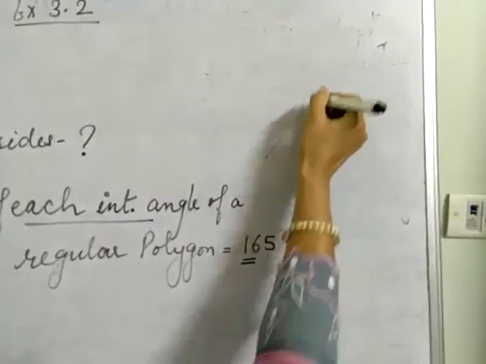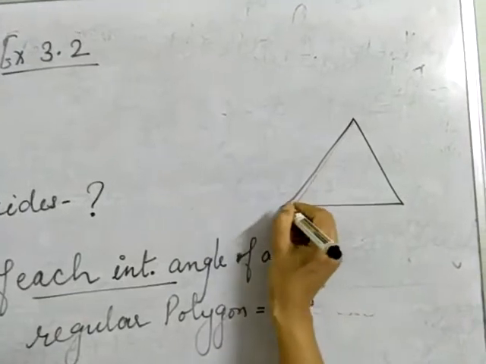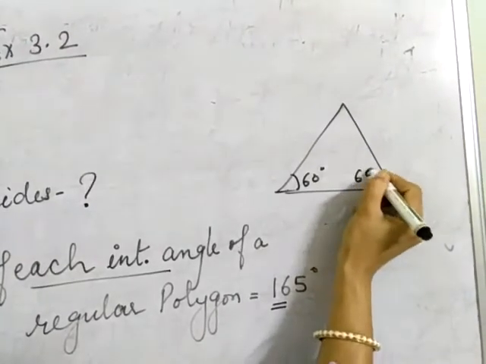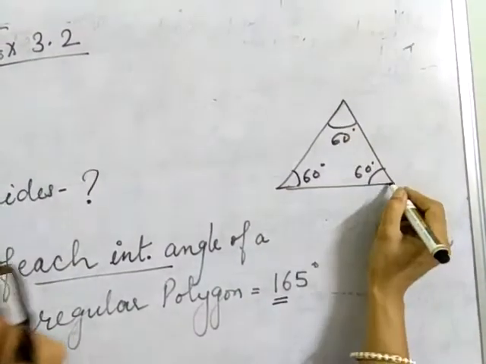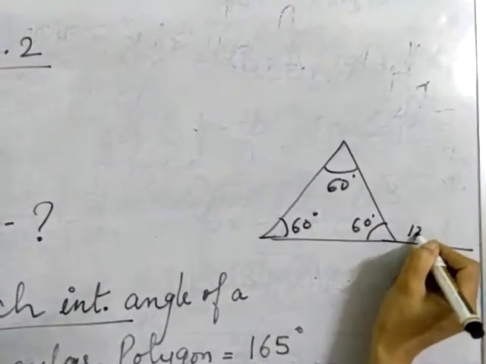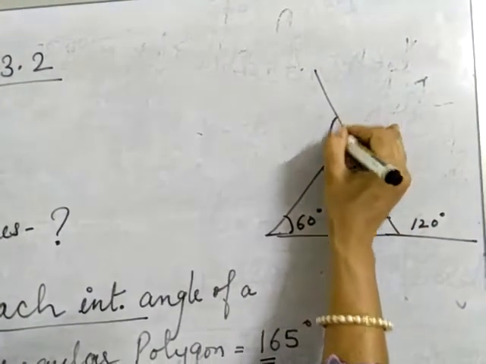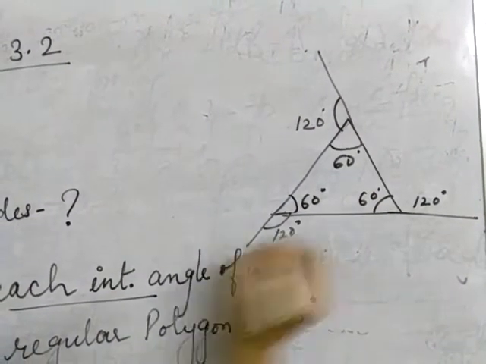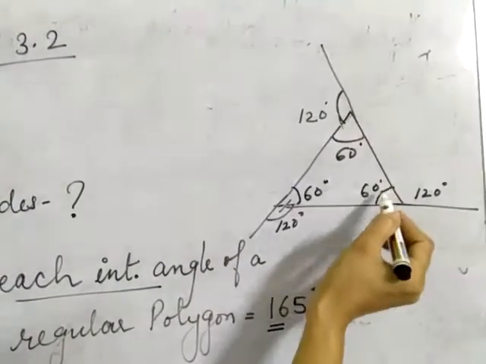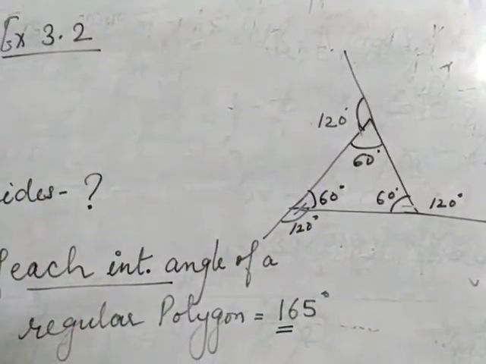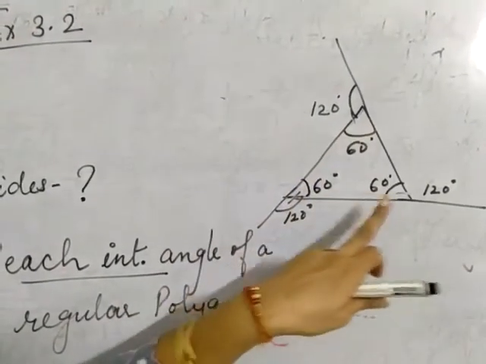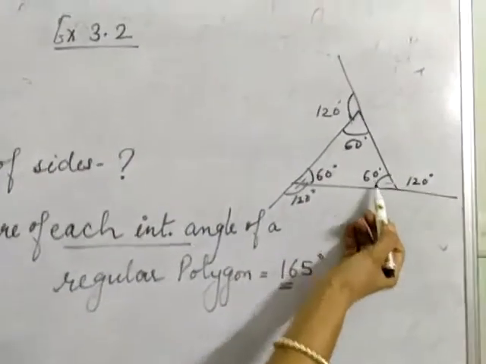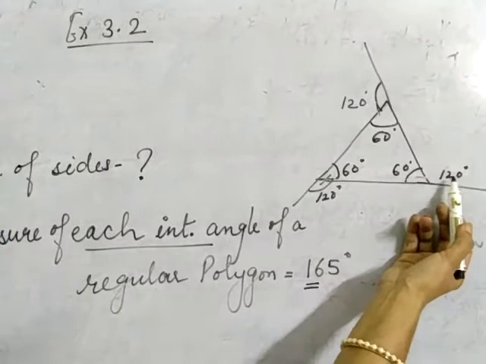Suppose you have this equilateral triangle. It's an equilateral triangle. Is it a regular polygon? Equilateral triangle? Yes. The measure of each angle is 60 degree, 60 degree, 60 degree. Now what will be the measure of this exterior angle? By linear pair, it will come out to be 120 degree. Now this exterior angle will also come out to be 120 degree, and this exterior angle will also come out to be 120 degree. By linear pair you can check, these all angles are equal. So if it is a regular polygon, then all interior angles are equal as well as all exterior angles are equal. Now if this angle is given to you, can you calculate one of these exterior angles?